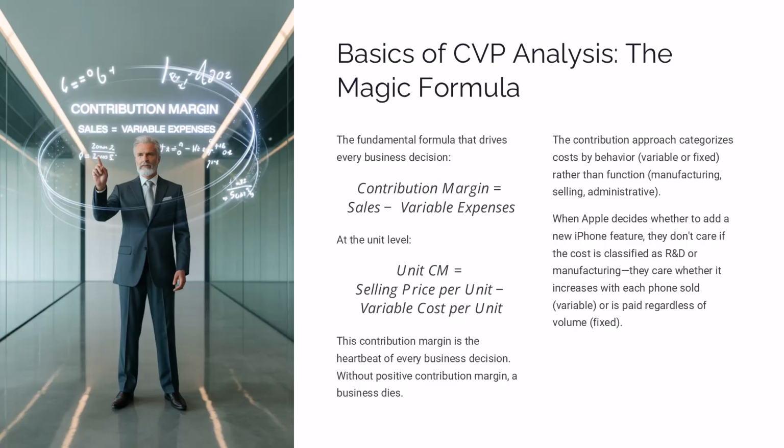Here's something that'll blow your mind and help you remember this forever. When Ray Kroc bought McDonald's in 1961, he discovered that while the hamburger sales had terrible contribution margins of only 15%, the French fries had contribution margins of 80%, which is why McDonald's always asks if you want fries with that. They're literally using contribution margin analysis every single time they take your order. This concept is so fundamental.